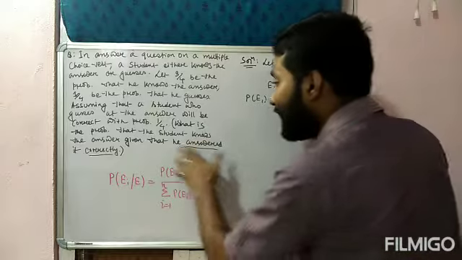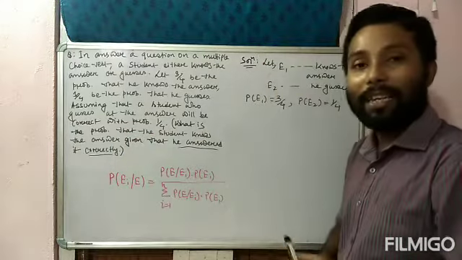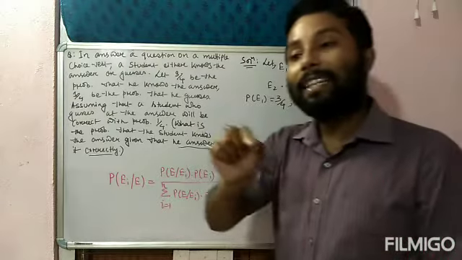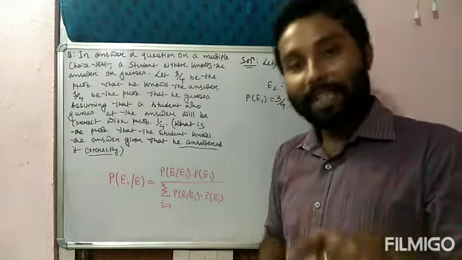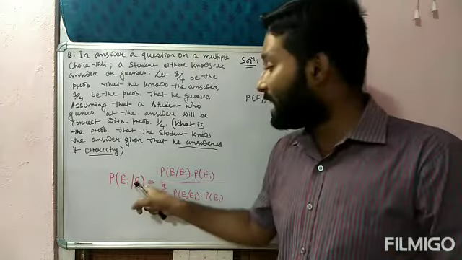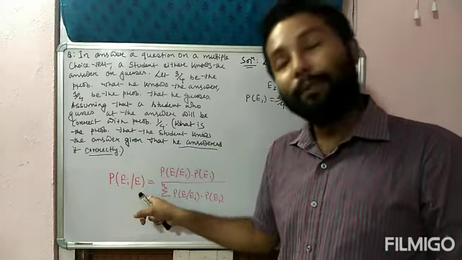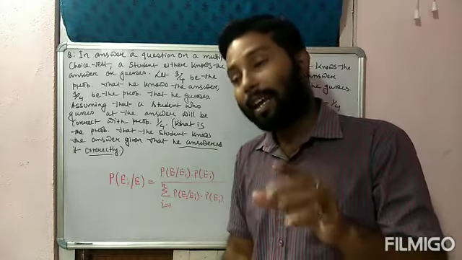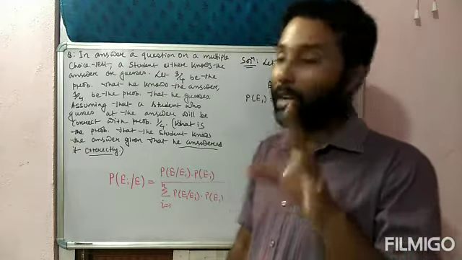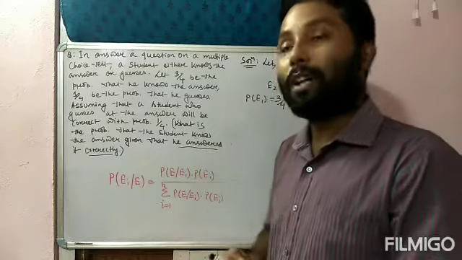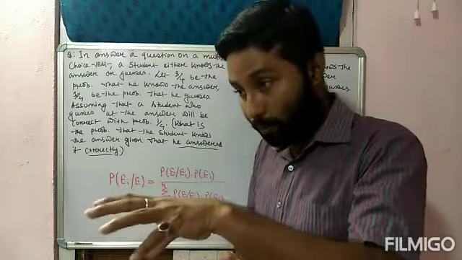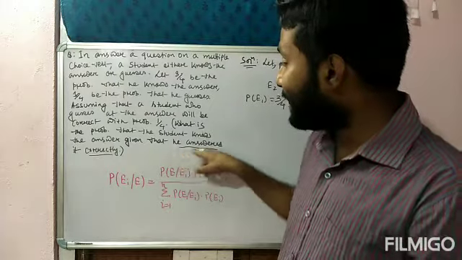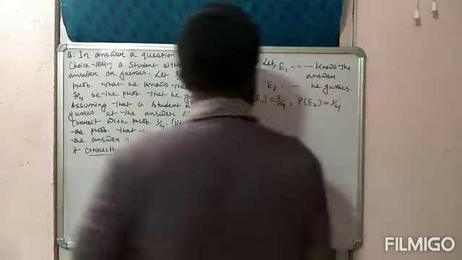So far, no event about having answered it correctly has been assumed. First event, he knows the answer; second event, he guesses, but he answered it correctly. You have to consider that event, and this will be the special event, that is event E. In Bayes theorem, apart from Ei, you have to consider a special event always, and that one you can find out from the last part of the question, meaning the special event's statement will be where the question asks. Okay, given that he answered it correctly, so this is the special event.